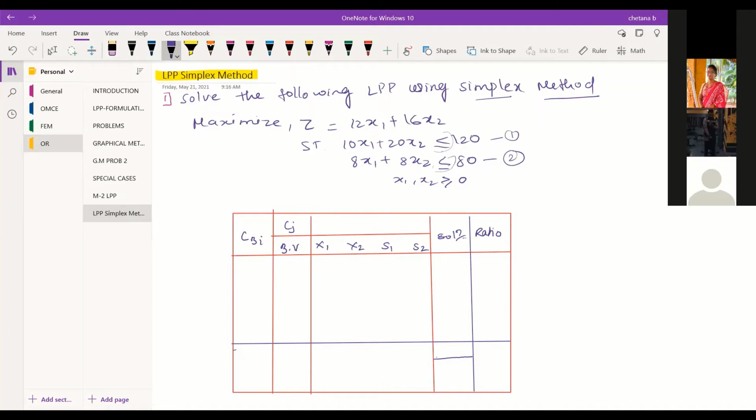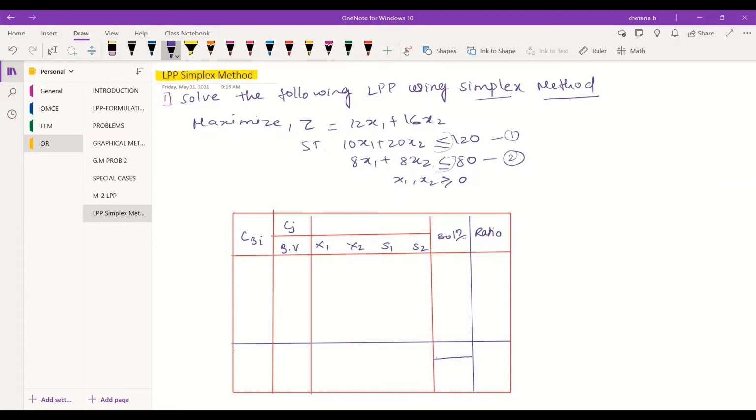Slack, ma'am. Slack variables. Okay. So to use the slack variable, we need S1 and S2 for the two different constraint equations, and we need to balance those S1 and S2 in the Z equation. That is the first step. Here we will discuss the first step, then you may need to reconnect after 3 minutes, right?